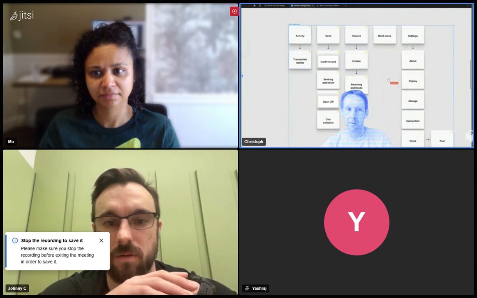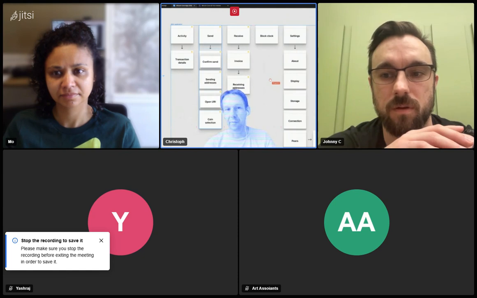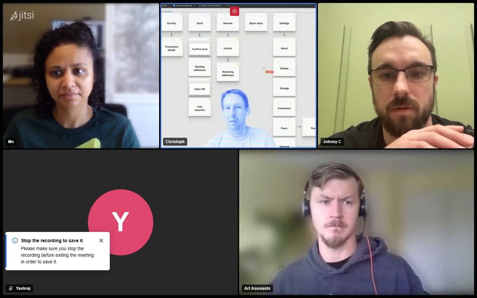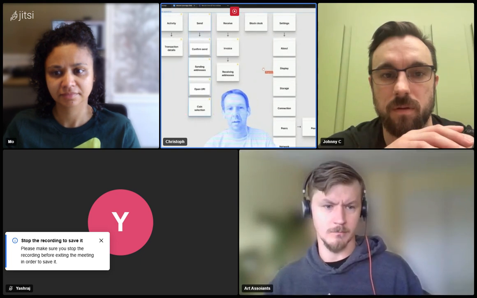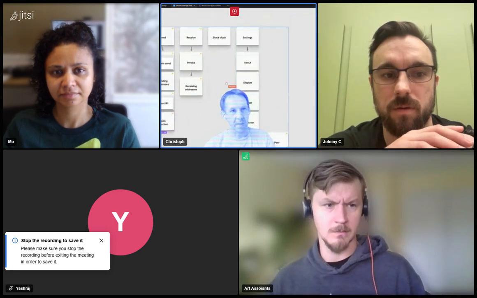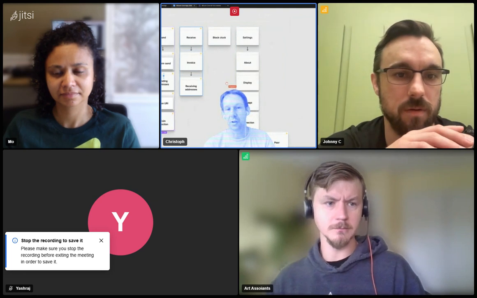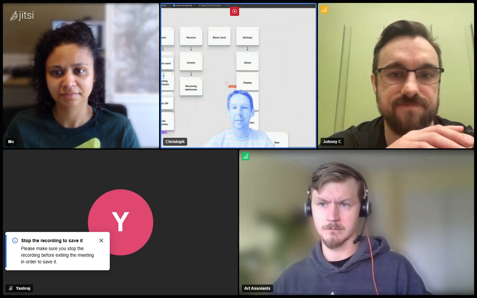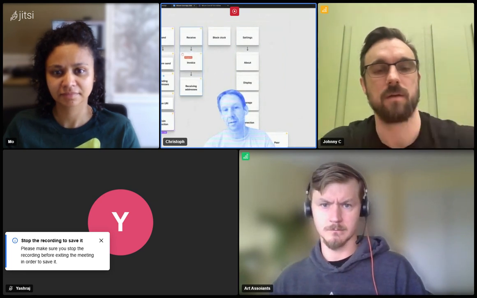On the activity, you can go and see transaction details. If you're in send, you might have a confirm modal. You can see all the addresses you've used. You can open up a URL that you copied somewhere, and coin selection. And in receive, you generate an invoice. You might have a separate screen that shows that, and you can see all the addresses you've